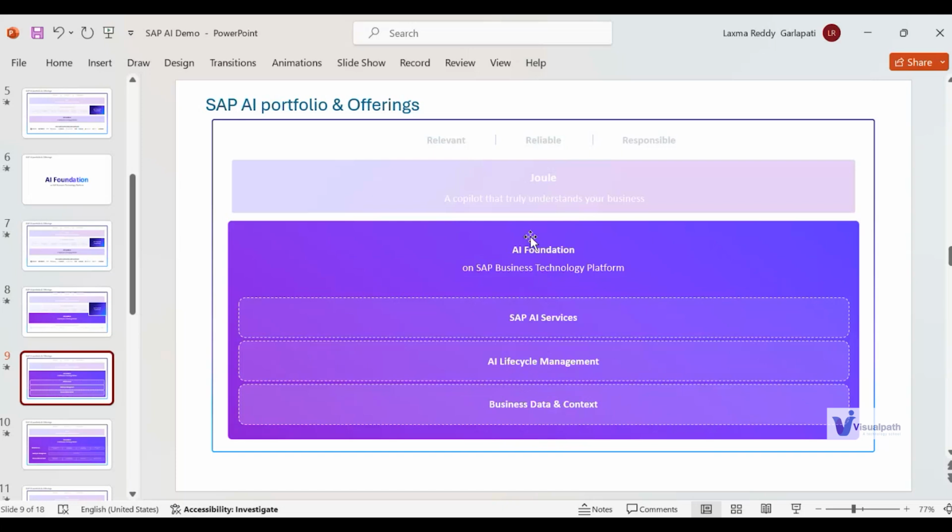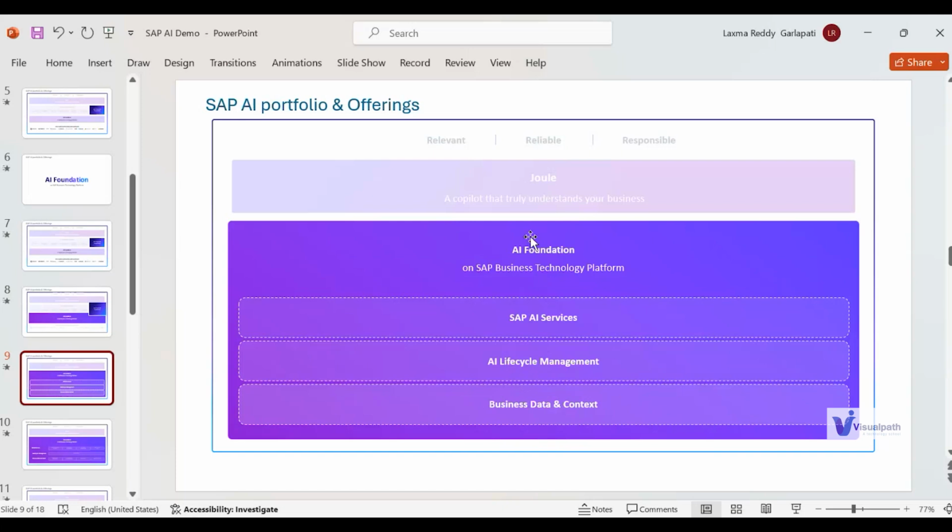which is completely on Business Technology Platform, right? It has three to four options. One is, as I said, it has already delivered certain AI business services built on hyperscalers.